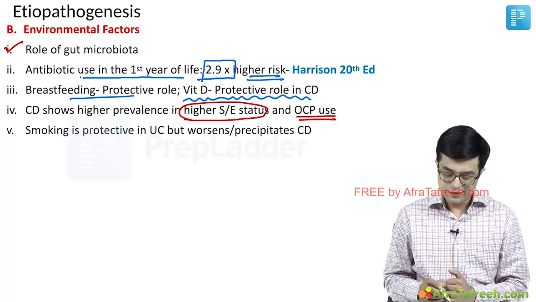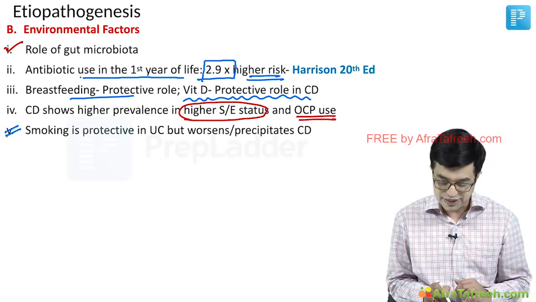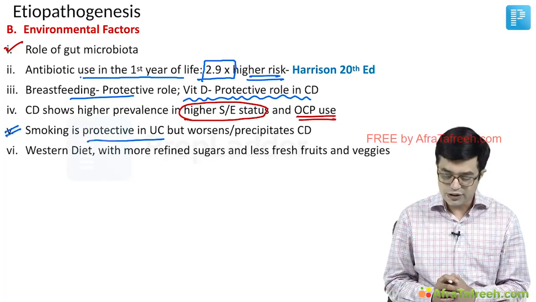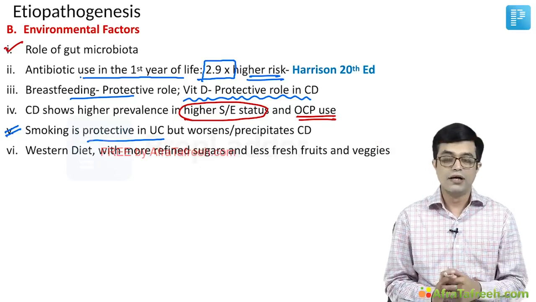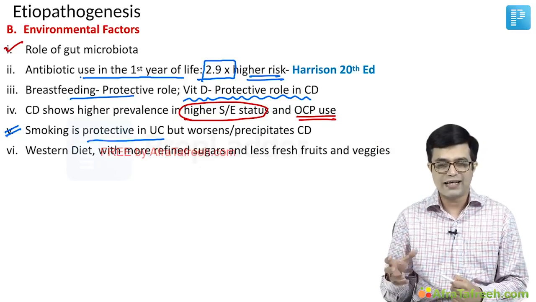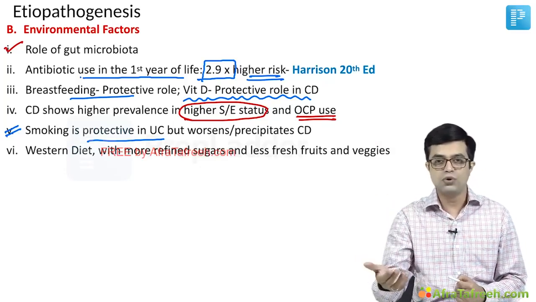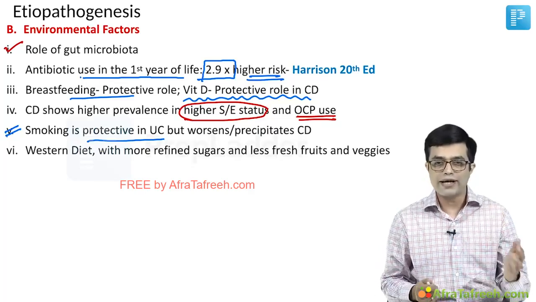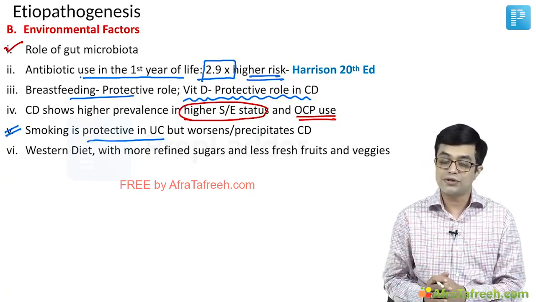Smoking is interesting here. Smoking causes Crohn's disease but is protective against ulcerative colitis. Western diet with more refined sugars and less fresh fruits and vegetables is the one which predisposes. So all these, burgers, pizzas, mayonnaise, all these processed foods, tinned foods, reheating foods, ready-made teas and coffees, more extensive use of these instead of organic and fresher foods, that is associated with the risk of